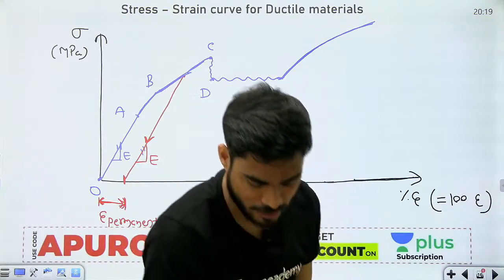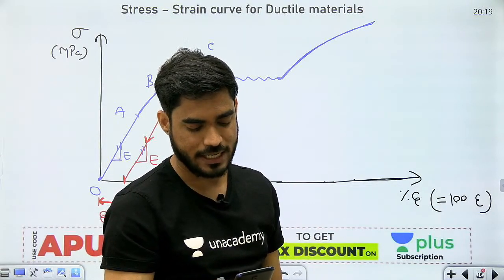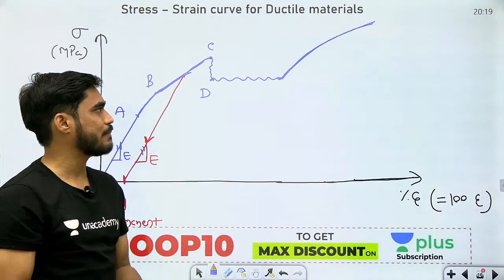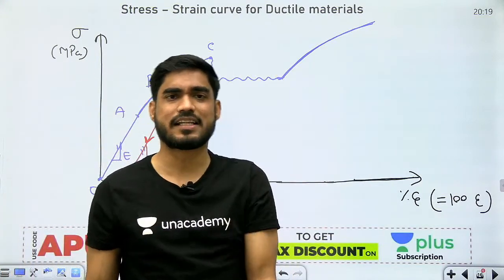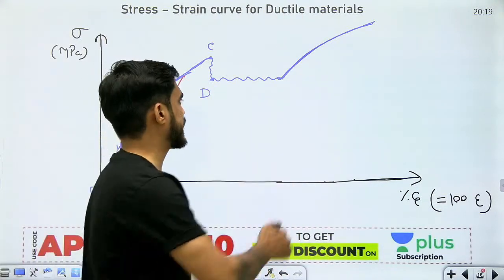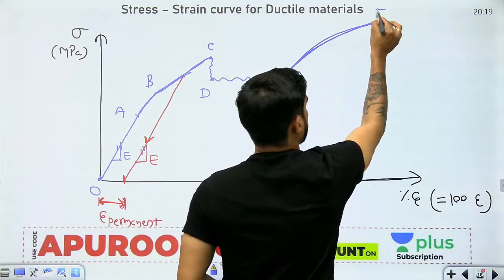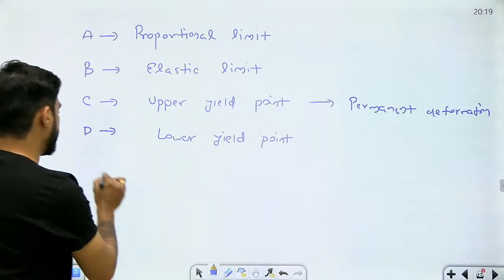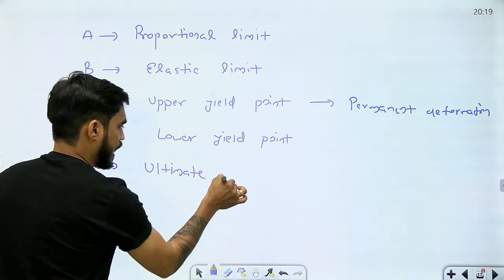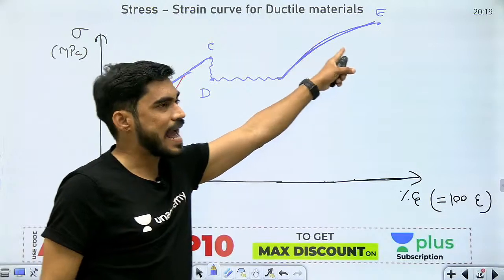So do you understand the concept of strain hardening? Yes, yes. Very good. So beta, strain hardening का मतलब क्या है? Inside the material there is so much strain that the resistance has now increased. Okay. So this curve goes up to point E, which is known as ultimate point. Now what is ultimate point? At this point,